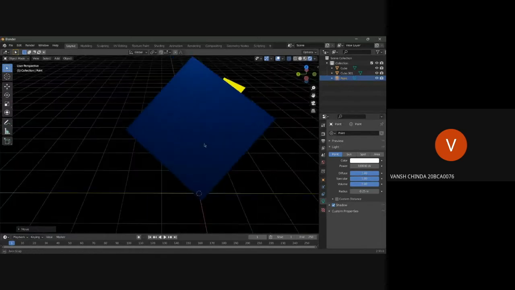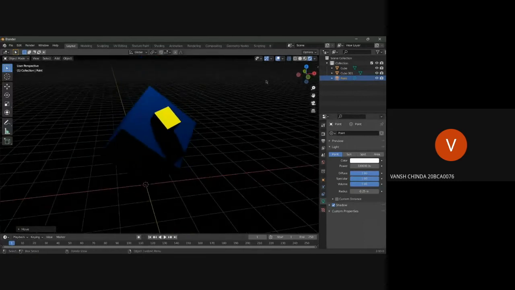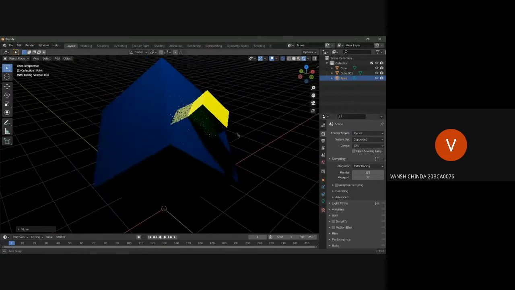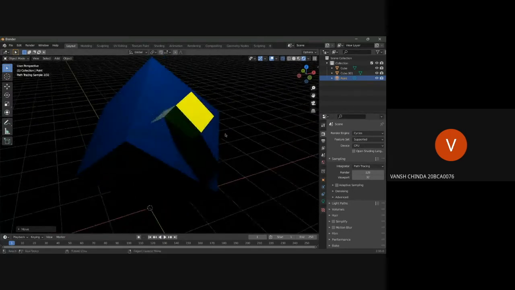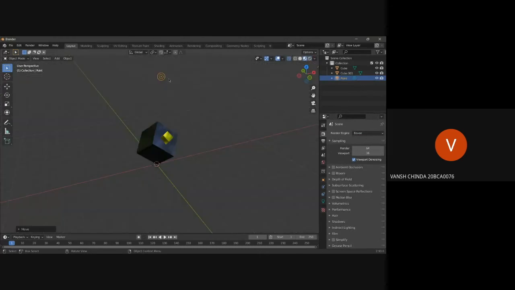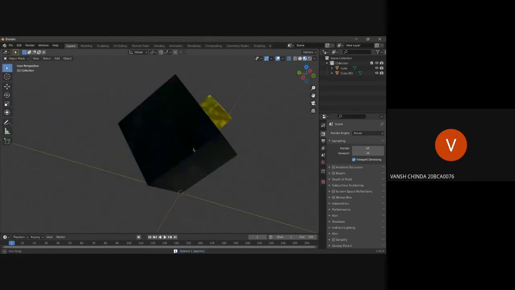But there's one more thing. Why aren't the surfaces reflecting like they did before? It's because we are using Eevee. You can kind of put Eevee in a level 1 renderer and put WebGL in a level 2. Now the level 3 renderer is Cycles. This is actually one of the best renderers. I don't think my PC can handle it very well, so we should get out of here. Okay, we'll just go back to material preview. We don't need to get into rendering in Blender for now. You can get into it much later.